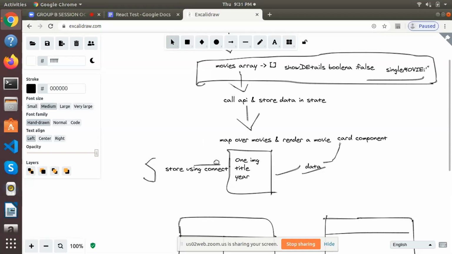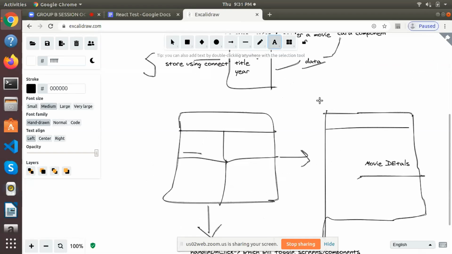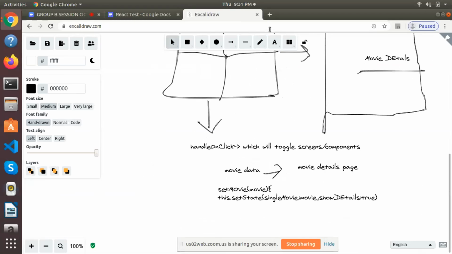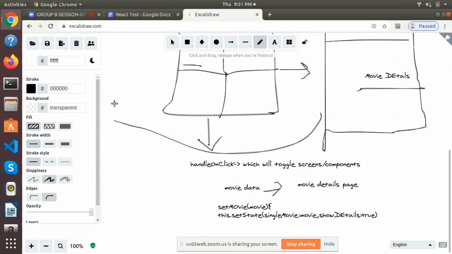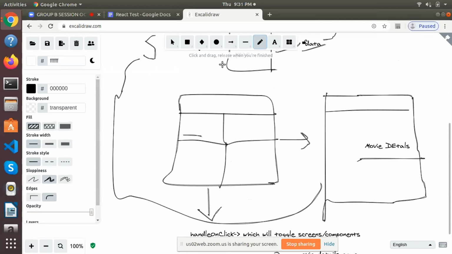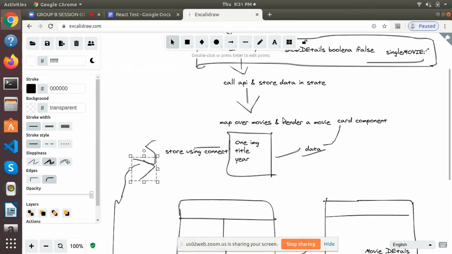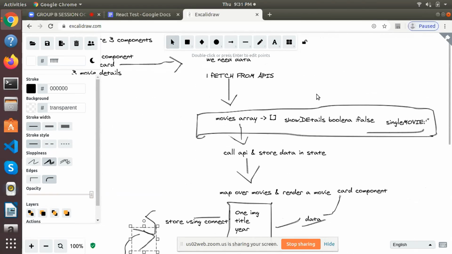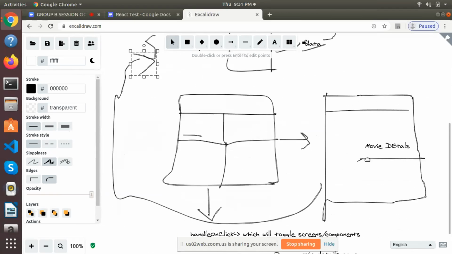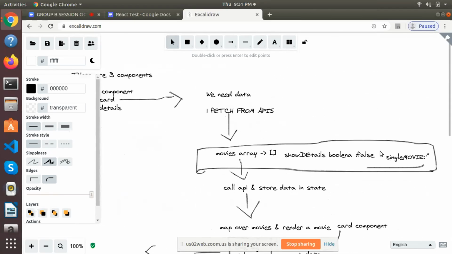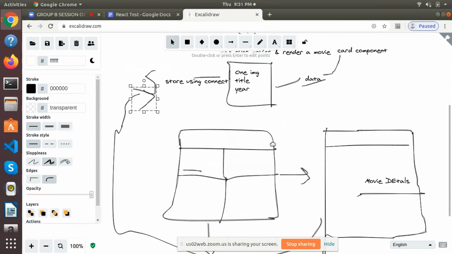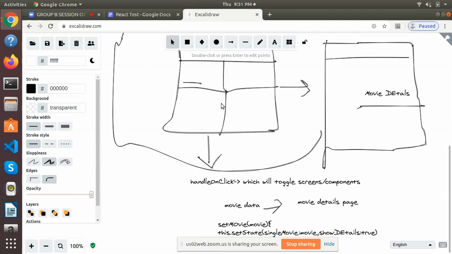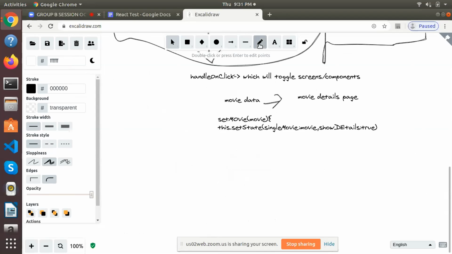Not only here, but also inside the movie details we will be getting it from the store only, right? So earlier the flow was from app.js to movie card, and then app.js to movie details. Now we will move the flow to Redux, and we will be accessing the state from Redux, not from app.js. So that will be a little change here.